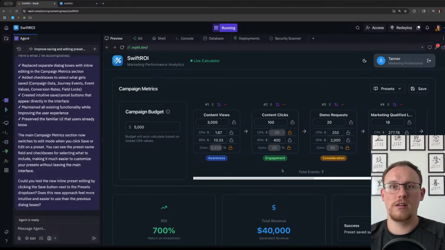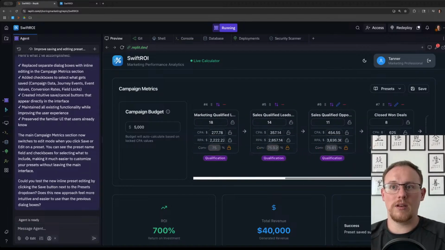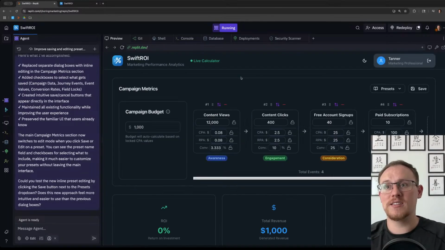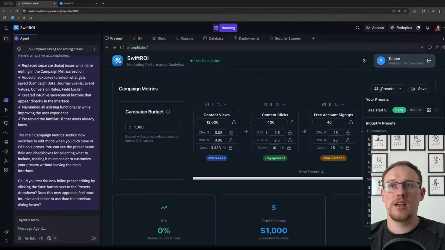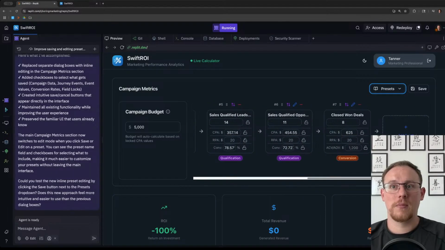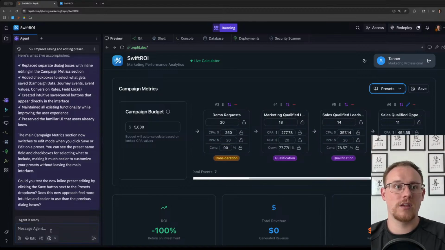Here we are. It didn't wipe anything, which is good. So I'm going to reset to default. Here we are. And then I'm going to load this. And I notice that the conversion rates are not locked. And the AOV is not there. Okay, so